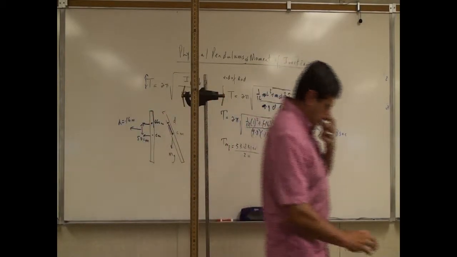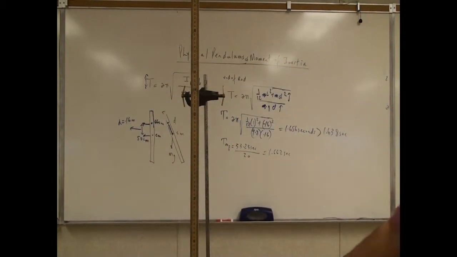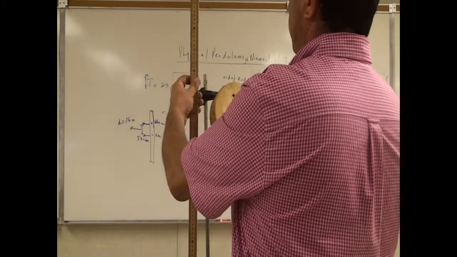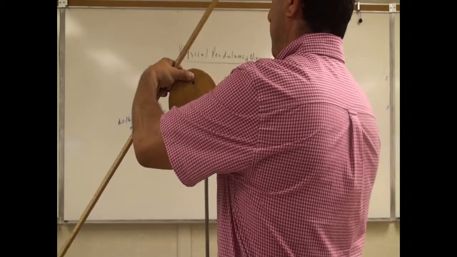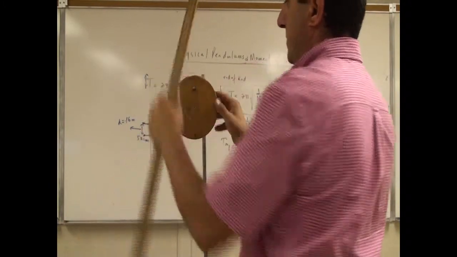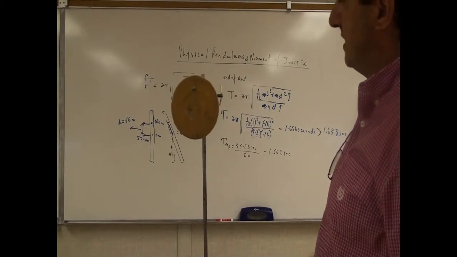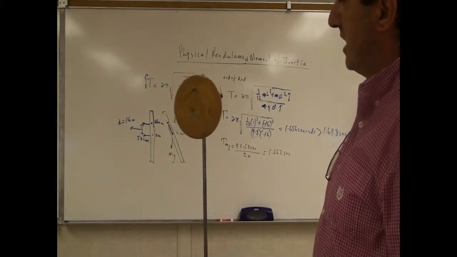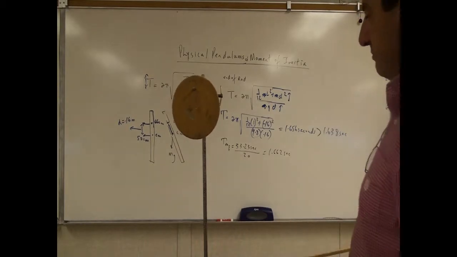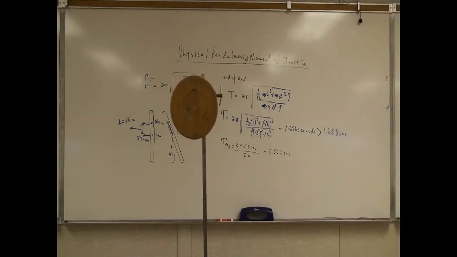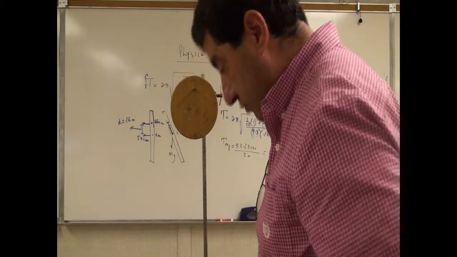Now, what if we have something like this? Okay, displace this and let it go. This one probably can't last 20 because the friction is going to slow it down. I can measure 5 cycles. So what is the expected for that one? Okay, we're going to have to measure the radius. Okay, that comes out to be